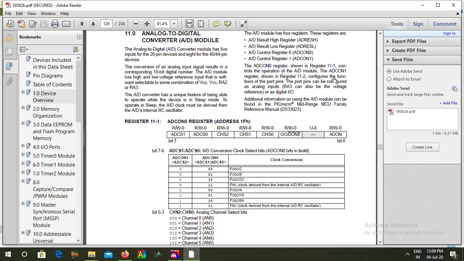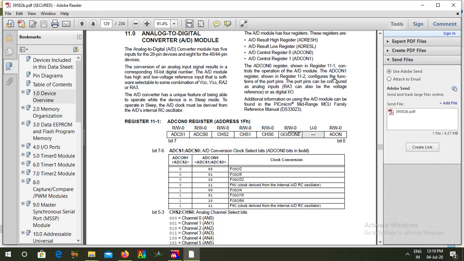The first one is the ADCON0 register. Its address is 1Fh. In that we have ADCS0 and ADCS1, that is bits 6 and 7. This is the ADC conversion clock select bits. That means using these bits, you select which clock you are going to use for analog to digital conversion.